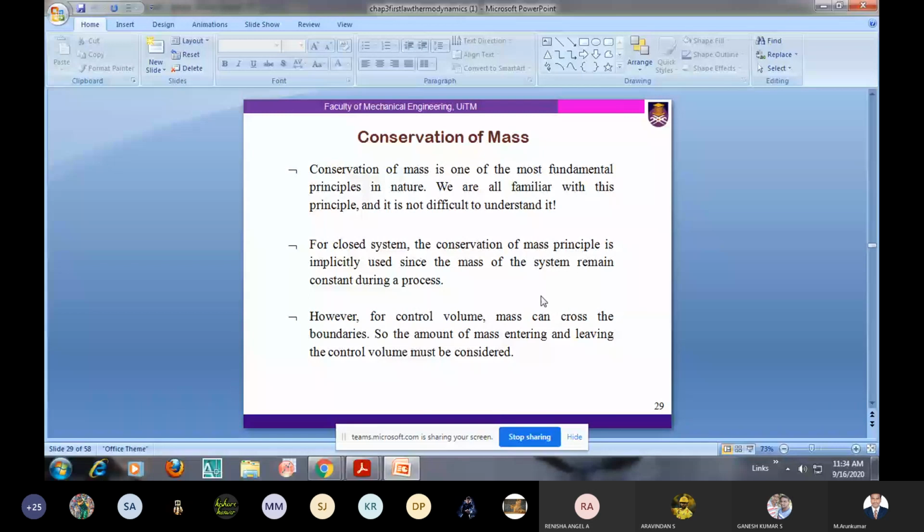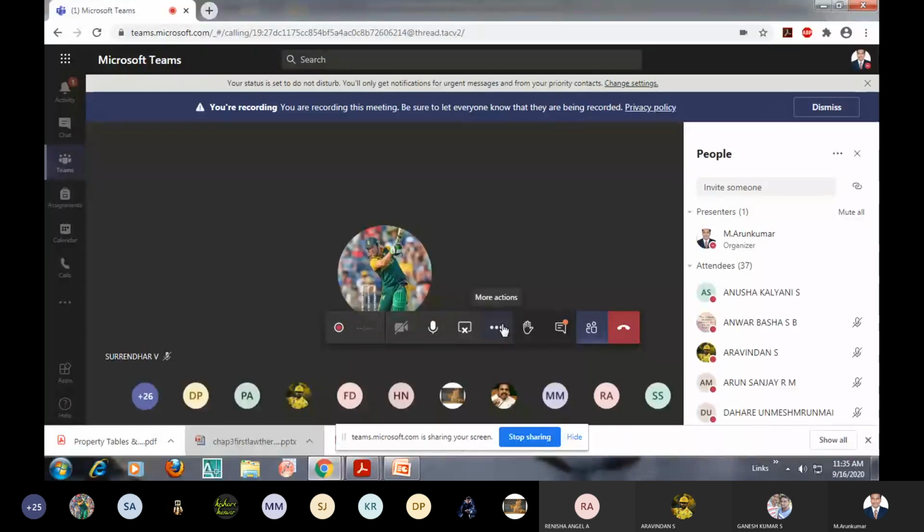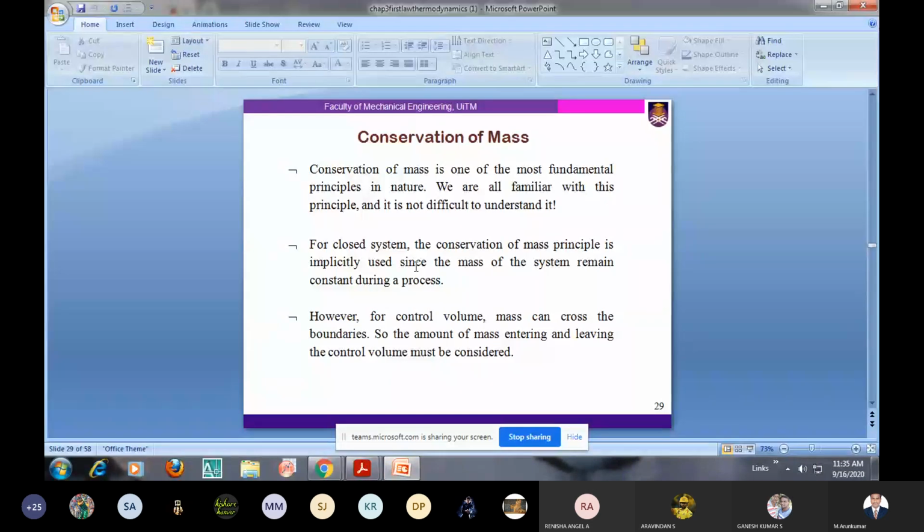If this mass is transferred to any other place, then we need to fill this much amount of mass again. However, for a control volume, mass can cross the boundaries. So the amount of mass entering